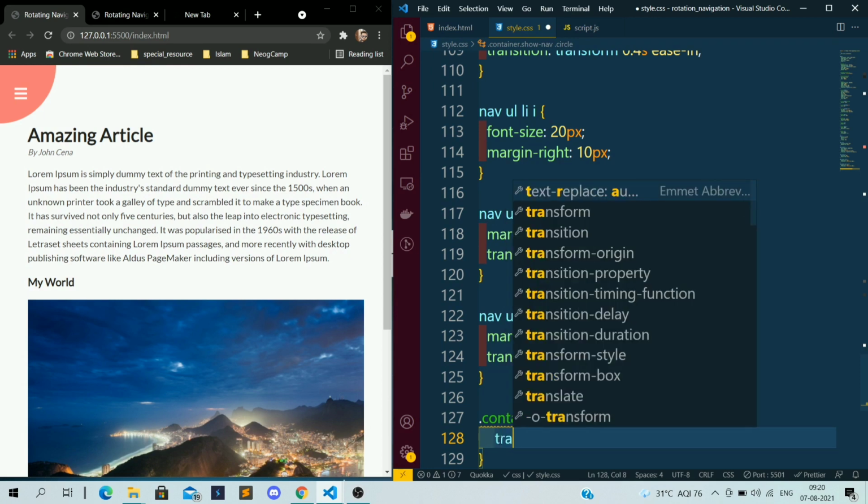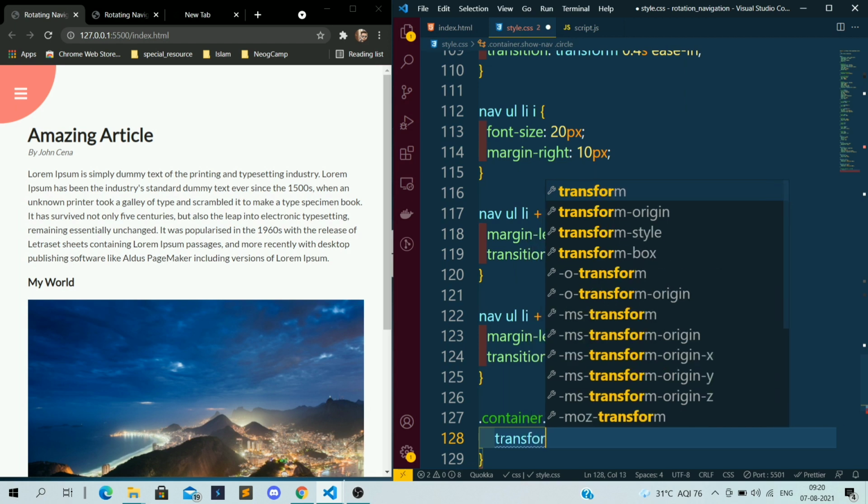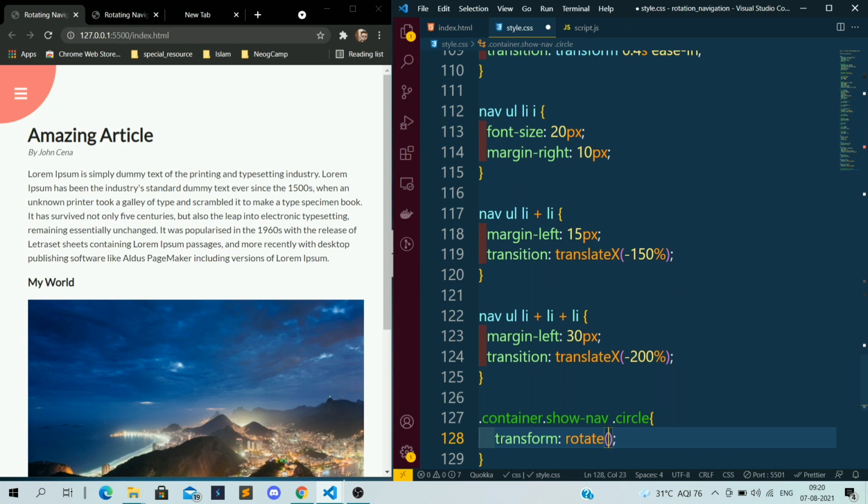So what I want, if show navbar is there, I want to rotate the circle class by minus 70 degrees. Like if the user clicks on this dash button, this circle should rotate.